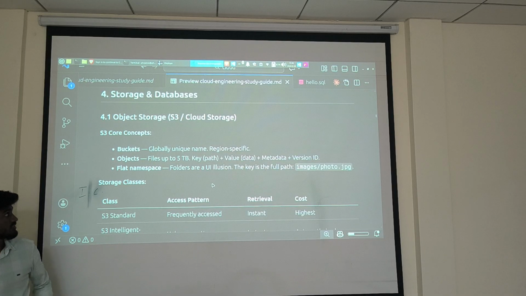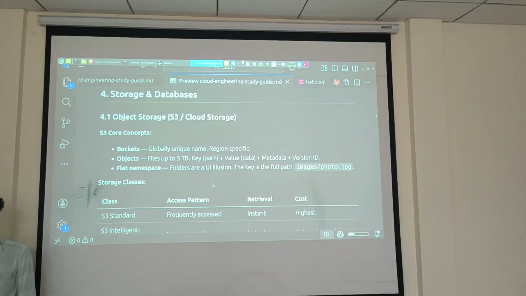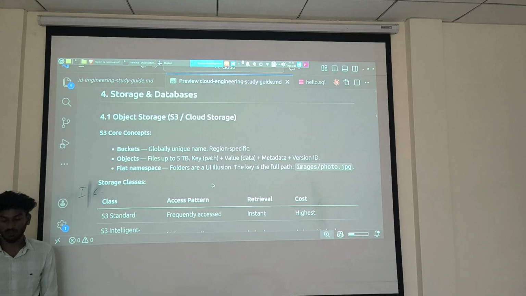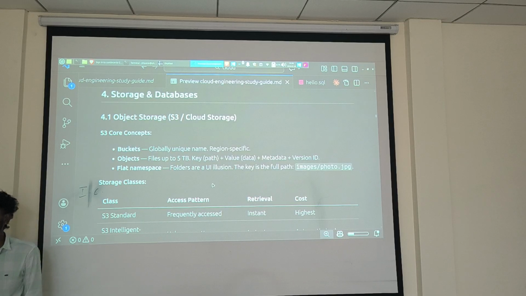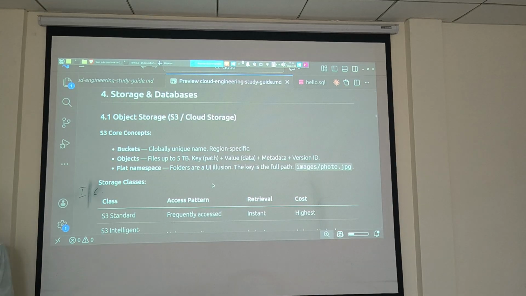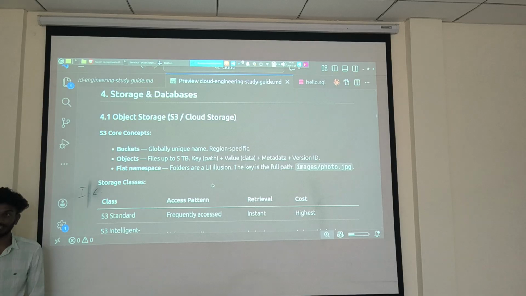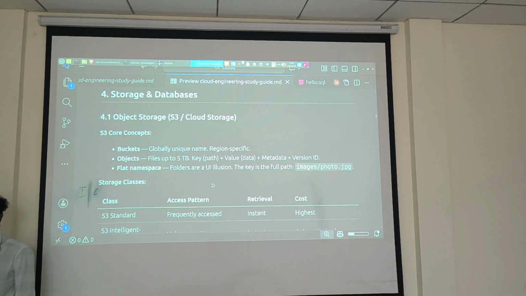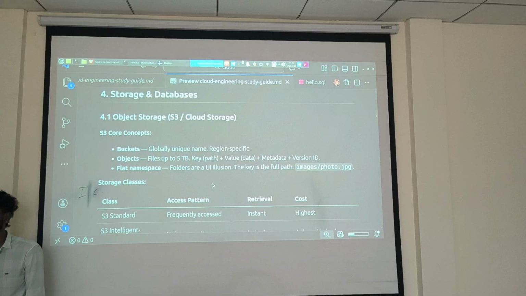Next one is the storage. Until now we mainly focused on how your machines and your networking are going to work. So next is storage. There are two kinds of things. If you are using a cloud provider, you can keep your database in the cloud itself, or else you can keep your database in the Docker Compose file itself. It's up to you. But if a virtual machine crashes,